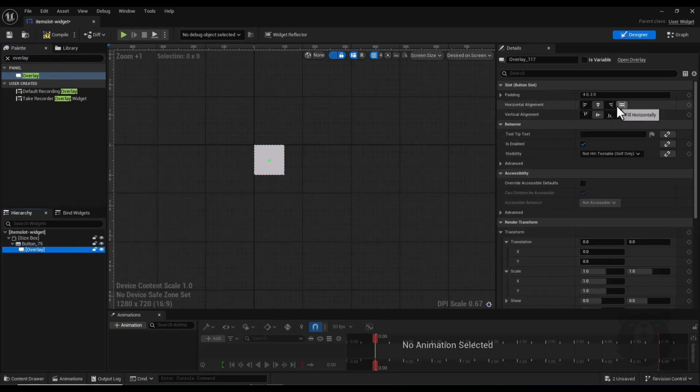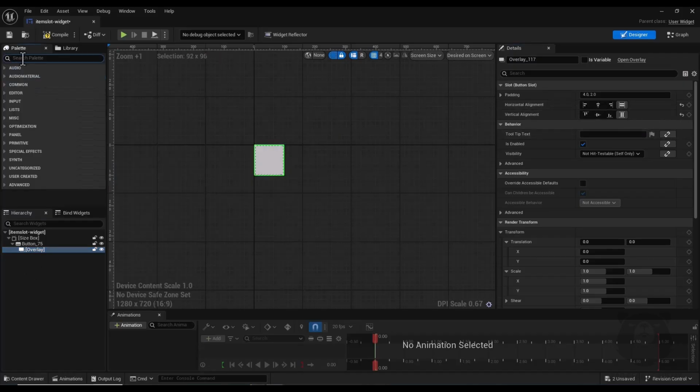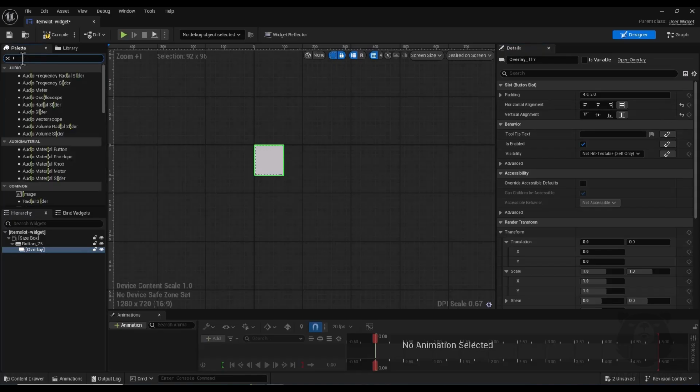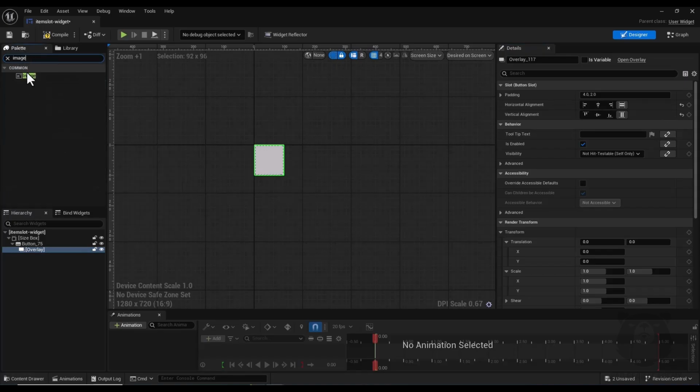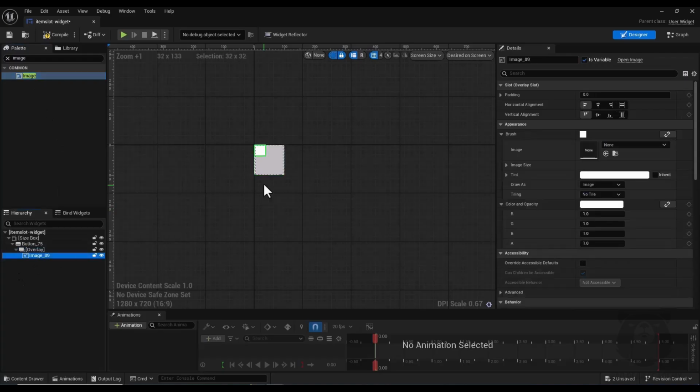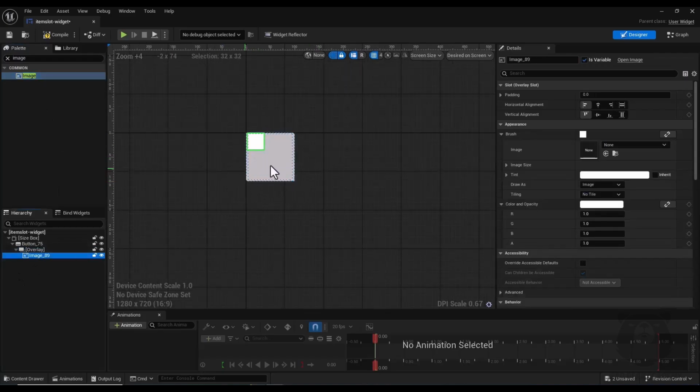Now I click on this fill horizontally and also fill vertically, and now I add an image which is going to be used for my item image to be displayed in my inventory like a thumbnail, and I also select my image and set this fill horizontally and fill vertically,